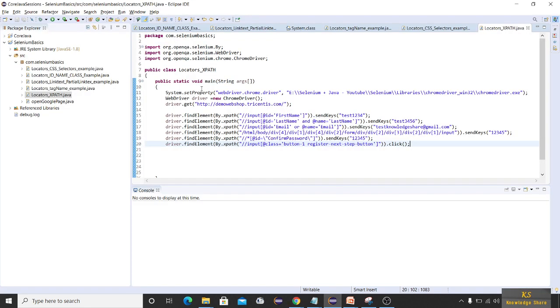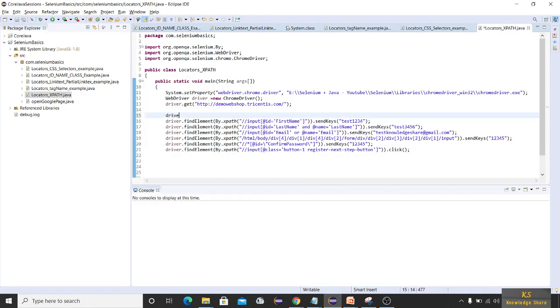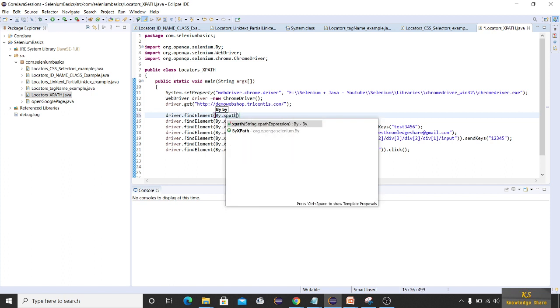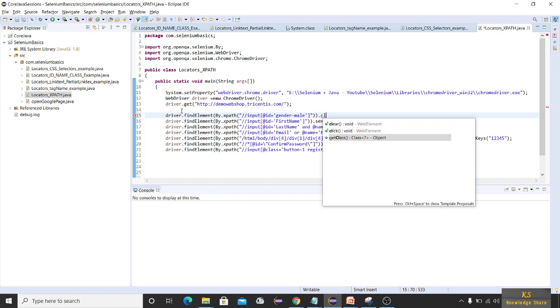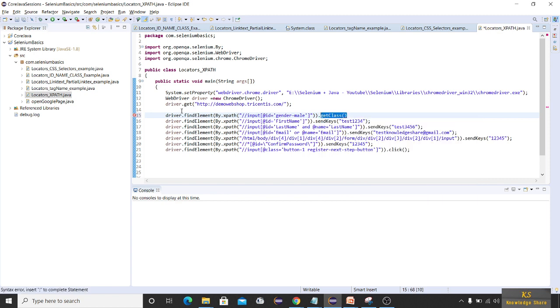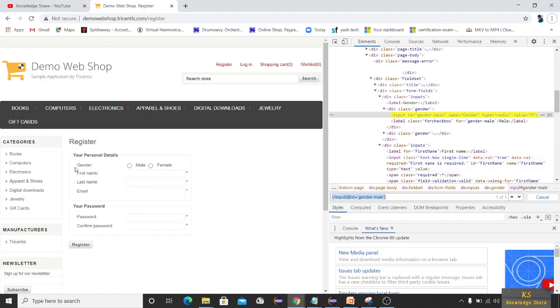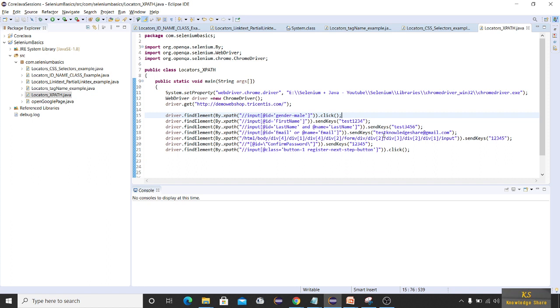So let me use it at the beginning. Okay, driver dot find element of by dot xpath of, write your expression, copy paste here, dot click, we just need to click the radio button, right? So dot, sorry, dot click. Okay, done. We have identified all the elements using XPath. Okay, by using and operator, or operator and standard syntax, right?